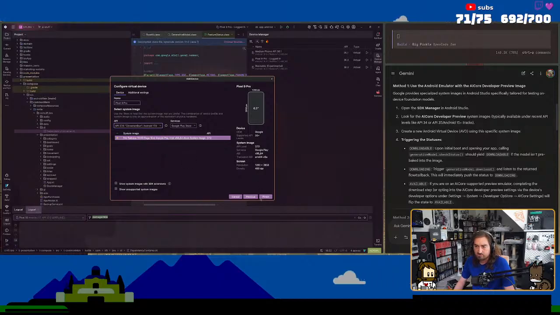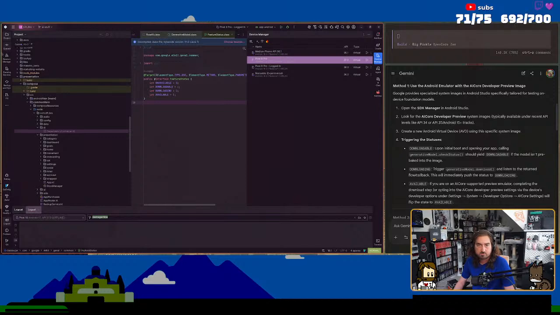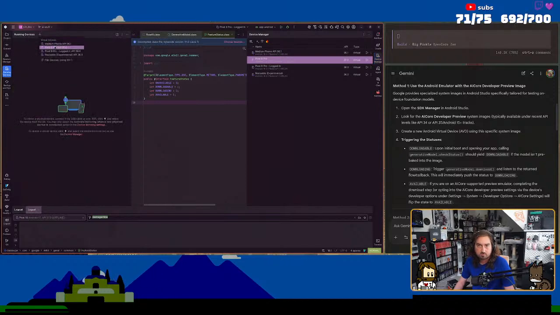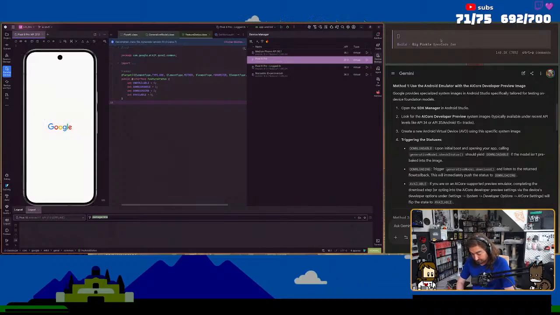Is it just the cinnamon bun? Let's try this. Because if it is just cinnamon bun, then I should be able to use the command, hopefully, that they suggested.